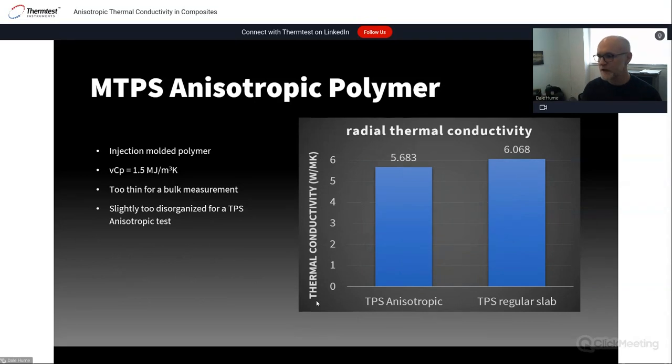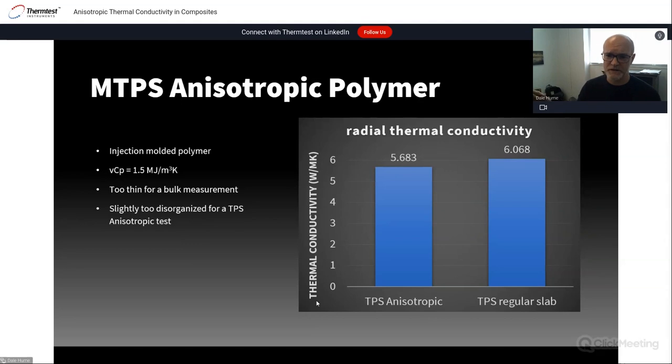The radial direction, we only have so many ways of comparing this. We don't really have another technique that isolates the thickness value and looks at the propagation in plane. So what we're able to do is use the radial thermal conductivity from the anisotropic test and compare it to the isolated slab. And again, you can see it supports that same